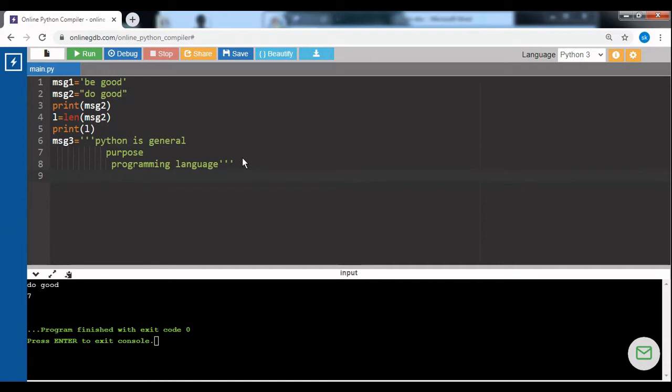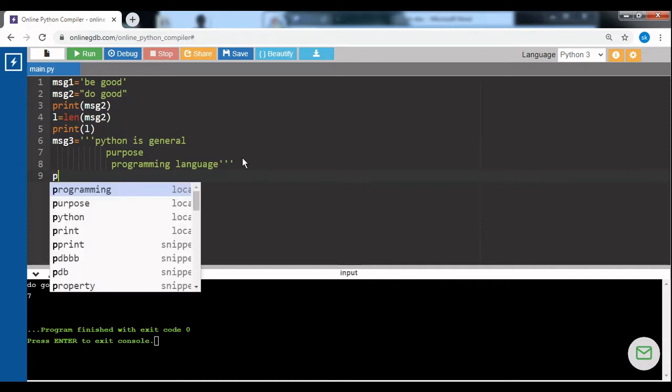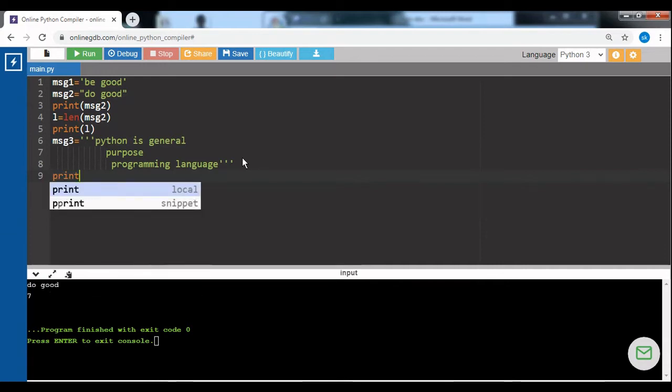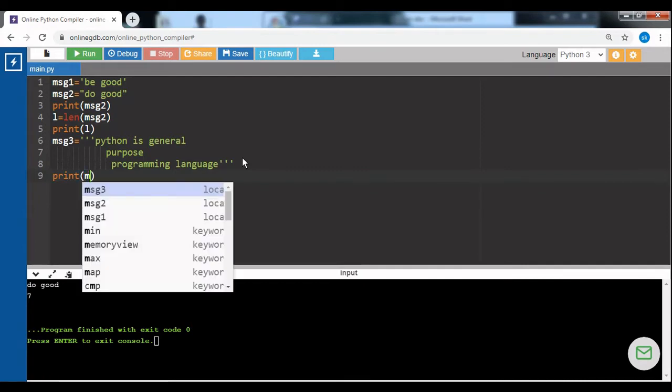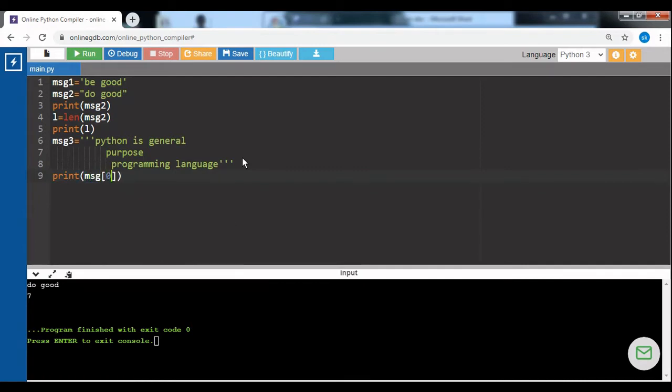That can be accessed using square brackets. So I have given message within the square brackets the index value 0. A string in Python is an array. So an array starts with index value 0. So the character at index 0 is b, so I will get the value b.